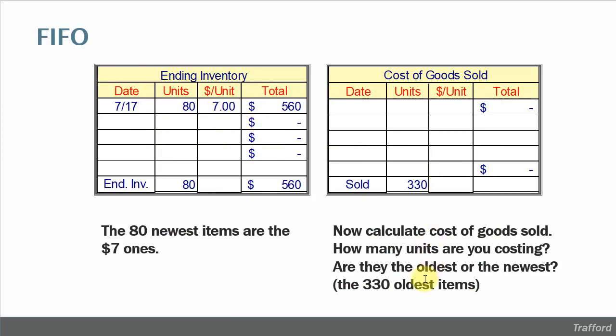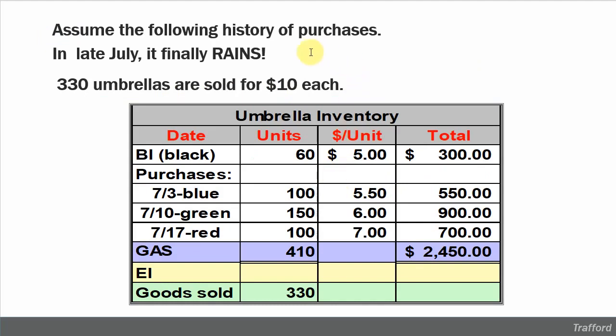Now see if you can compute cost of goods sold. With the FIFO method, the first stuff in is the first stuff out. That's describing what was sold. Remember, these are the newest items. These would be the oldest items. So go back to that inventory schedule. You're going to start at the top of the schedule and keep taking layers until it adds up to 330 units. So we're back here to this reconciliation schedule again, and we're looking for the